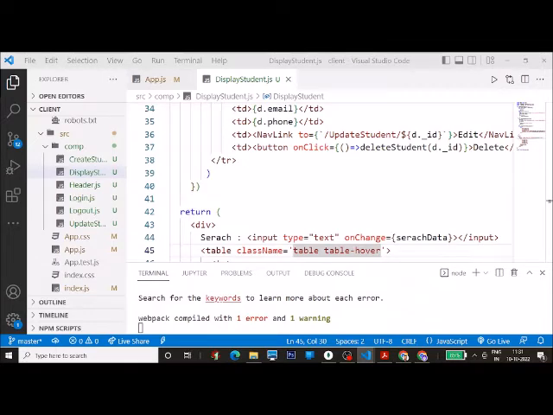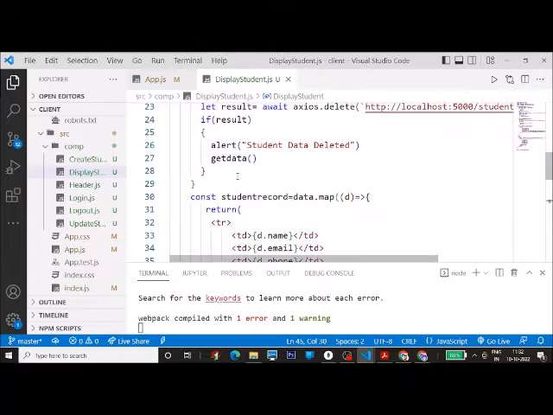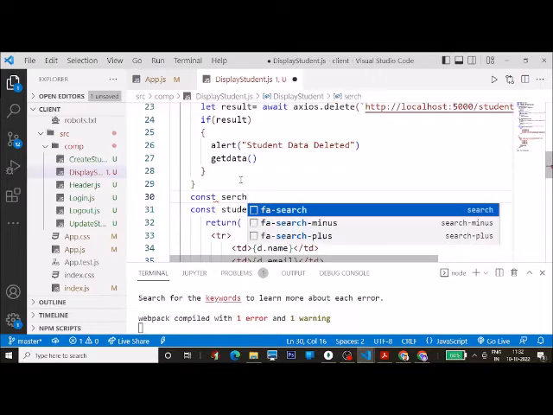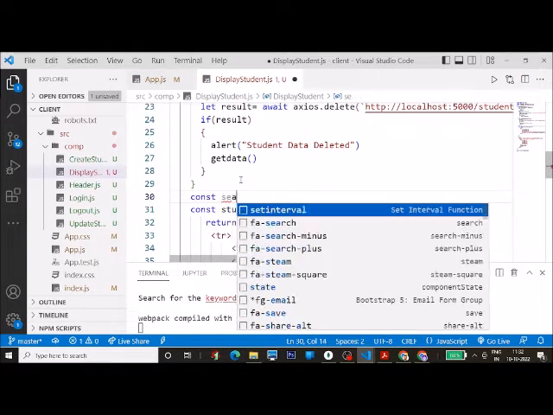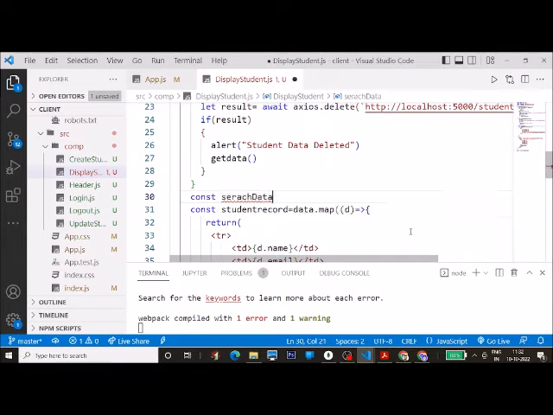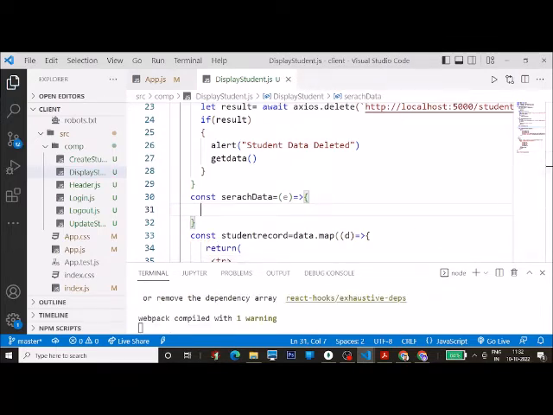So here we'll create that method. After the delete student, I can write down something like this: const search data, and inside that equal to, I'll pass event, then arrow function. It will be something like this. We'll see later. So first, after this, we'll go to the server and we'll write down the API for